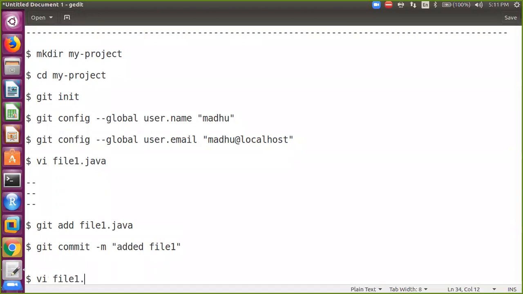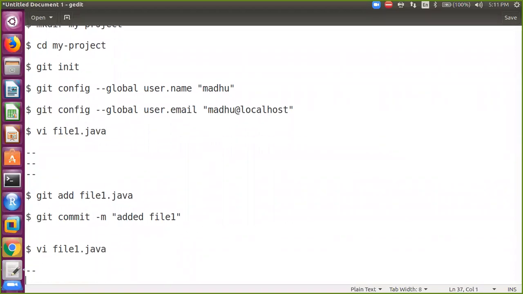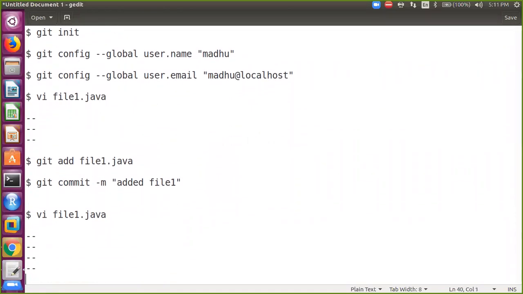Even if you modify this file, after modifying this file, again you need to do git add command. That means whenever you create a new file, you should add, and whenever you modify the existing added file, which is already added but you modified, right?